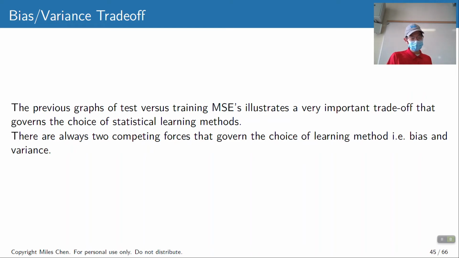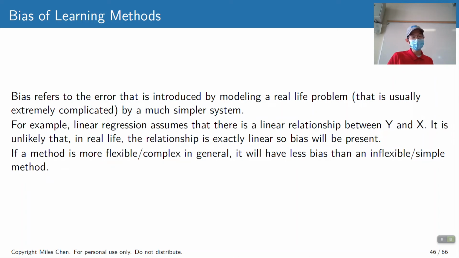Okay, and so this illustrates what we call the bias-variance trade-off. Okay, and that we always kind of have these two competing forces. Do we want to shrink the bias? Do we want to shrink the variance? And they're kind of these forces at play. Okay, bias is the difference that arises from using a model, a simplified version, to approximate or to describe usually a complicated process, right? So the data that's generated in the real world follows some kind of complicated process, and we're trying to simplify that using a model.